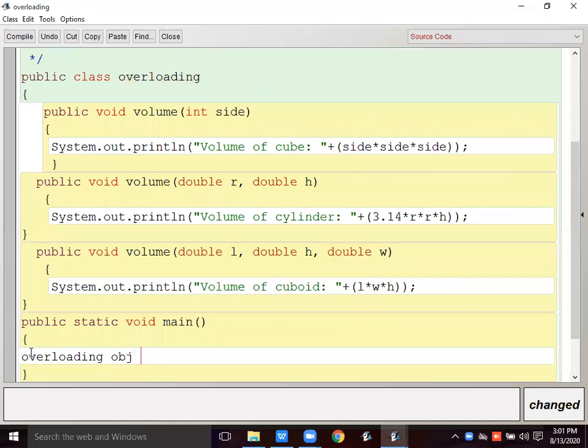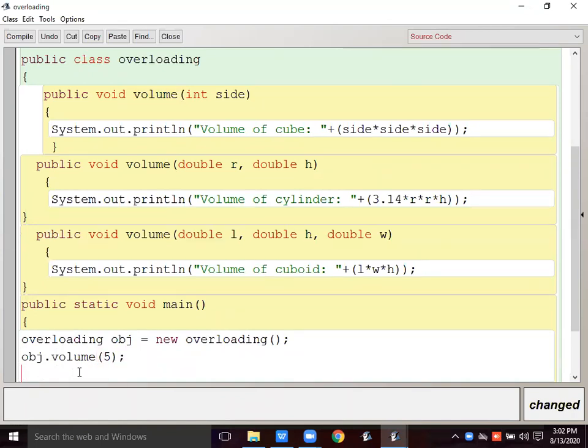Here I'm giving obj equals new, then again the class name, which means the constructor. By using this object, obj dot volume, every time I will call volume only, because I have declared the method as volume, but with different parameters.